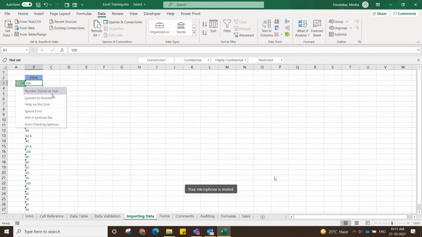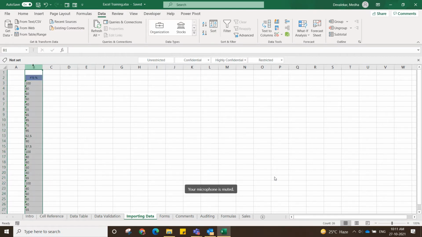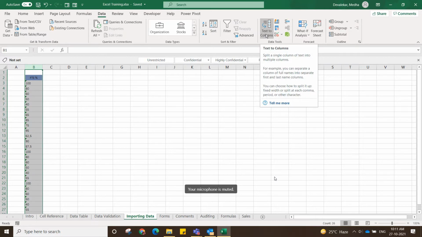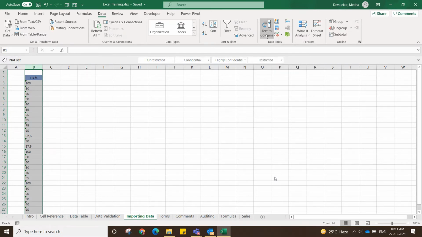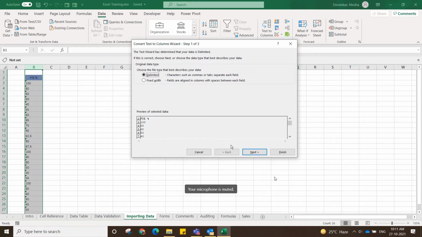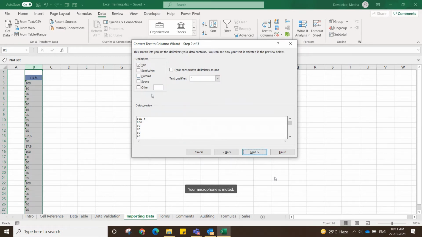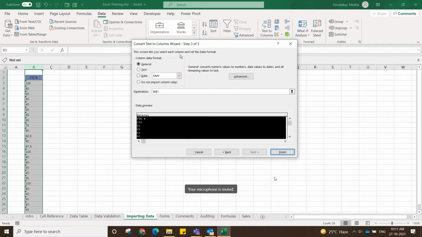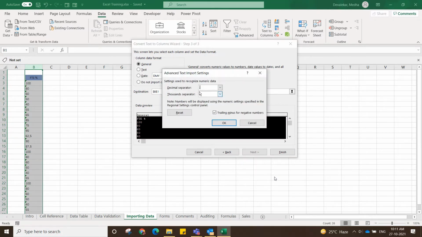It says number stored as text. So how can you convert it? You can just select the whole column. Then there is the option Text to Columns. Once you click on it, you can choose delimited, then next, and in advanced you can choose the decimal separator and thousand separator.